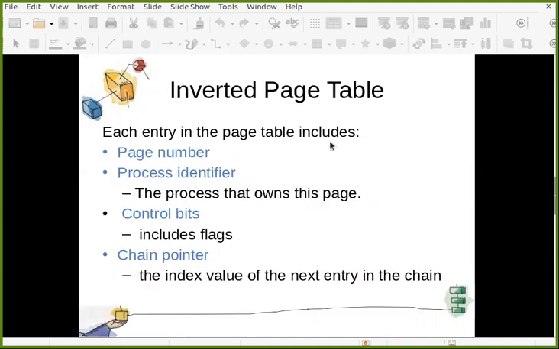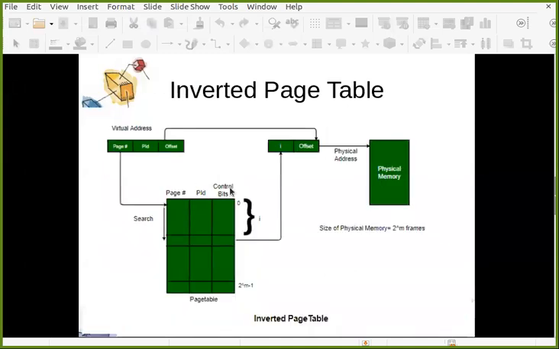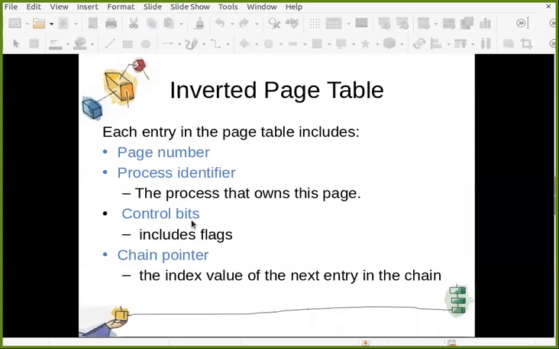So each entry in the page table includes the page number. Process identifier is definitely required because every process may have the same page numbers, say from page 0 to page 100. So how to identify them?